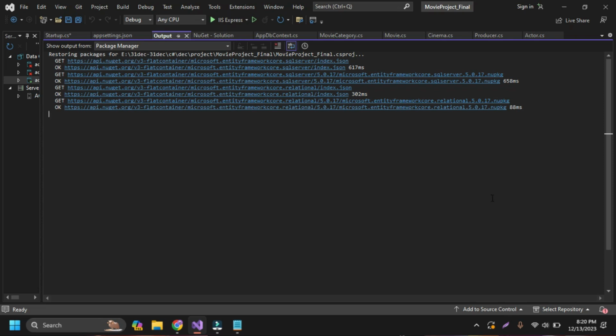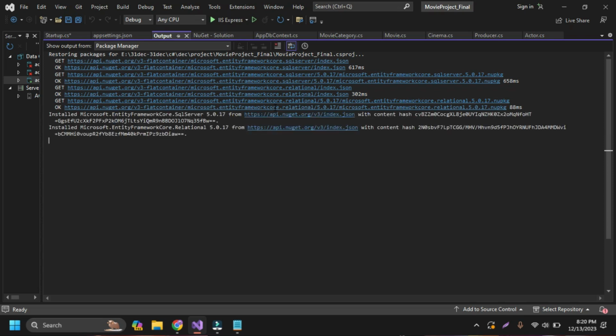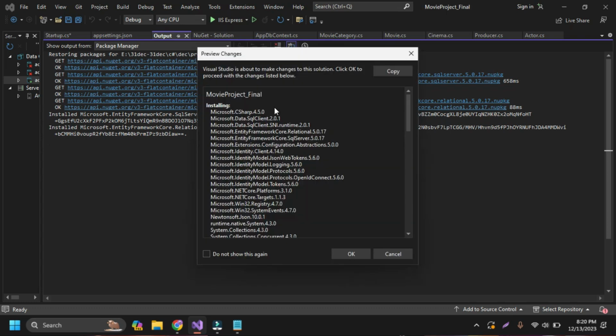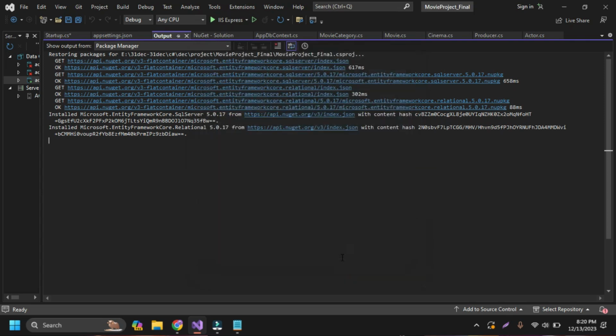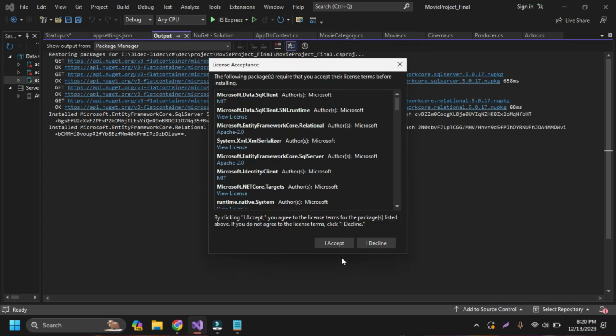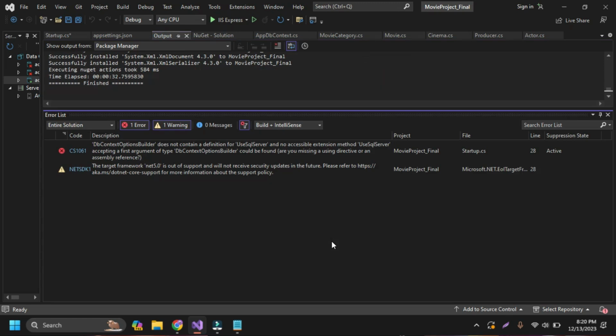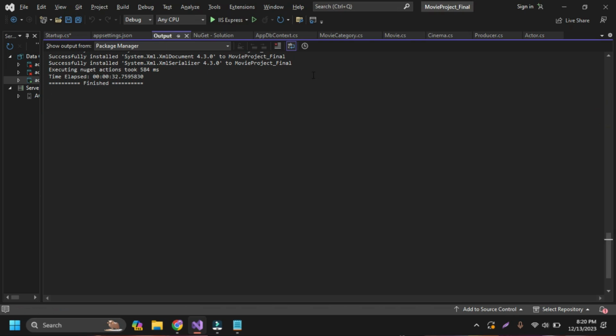So now this is still installing, and we have created the different models. We haven't seen the relationship between the different models here. Before that, I will show you something. First of all, click on OK, and then it will ask me to accept the license acceptance. Now this has installed successfully, and if I click Cancel and go to the Solution Explorer,